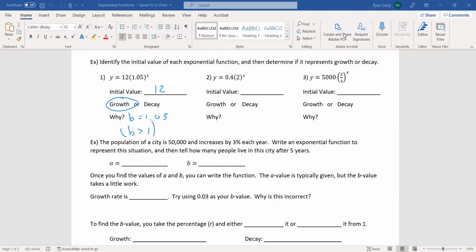Okay, on number 2, the initial value is 0.4. This one's also growth because B equals 2, and 2 is bigger than 1. All right, so B is bigger than 1. Last example, number 3, the initial value is 5,000. This one is decay because B equals 2/3, and 2/3 is less than 1. It's bigger than 0, so